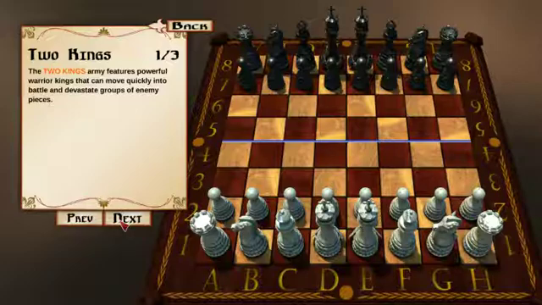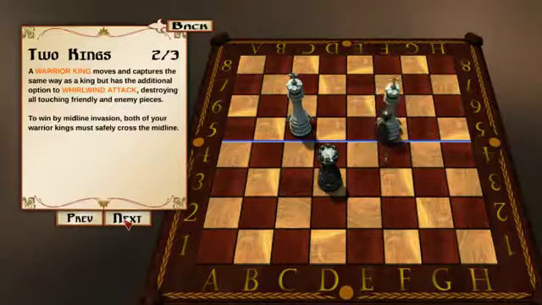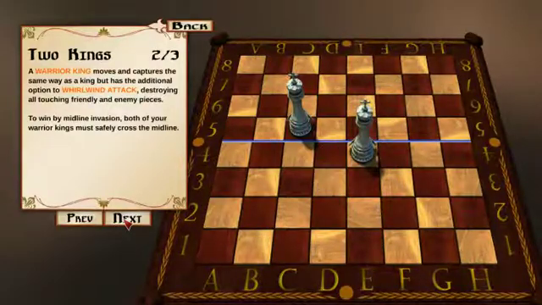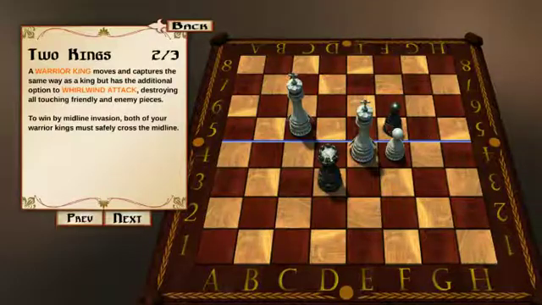Makes sense. The Two Kings army features powerful warrior kings that can move quickly into battle and devastate groups of enemy pieces. So this is going to turn our bishops into king. No, I'm wrong, sorry. It's going to change our queen into a king. A warrior king moves and captures the same way as a king, but has the additional option to whirlwind attack, destroying all touching friendly and enemy pieces. Oh! To win by midline invasion, both of your warrior kings must safely cross the midline, but you can do a little whirlwind attack and take out all the pieces